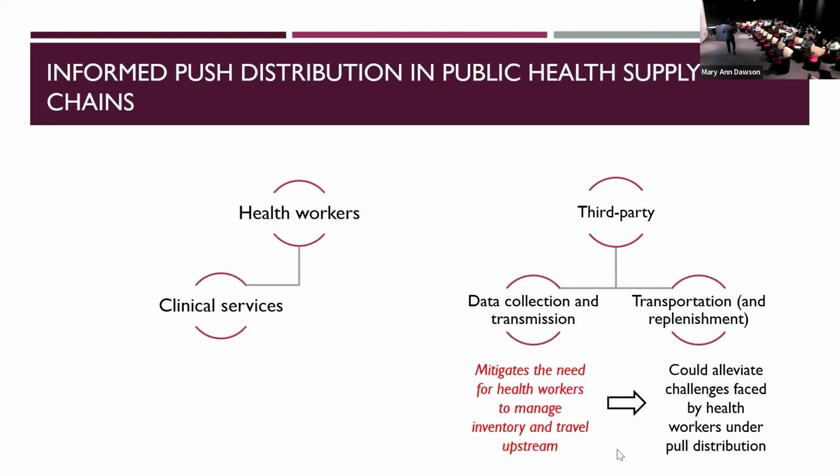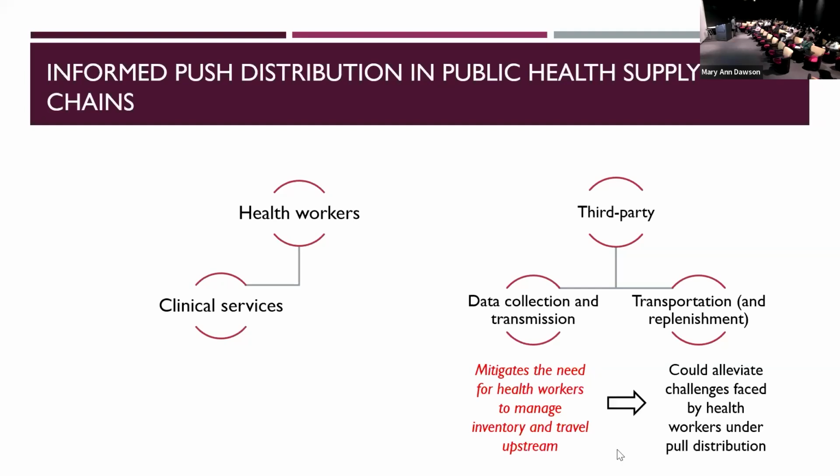So this is not a full-scale push model. It's push pretty much at the last mile level. The upstream is still operating under a pull model. So the regional district gets from the regional, which gets from national. That is all still a pull model. But basically, their thought process was, it is the last mile facilities that are struggling to do some of these tasks. So maybe by doing the push, we can relieve them of some of these challenges.